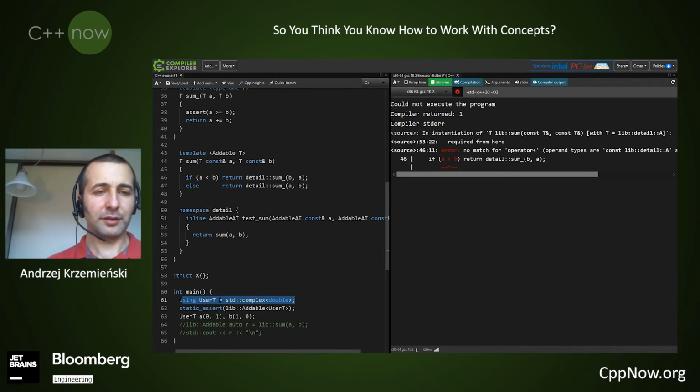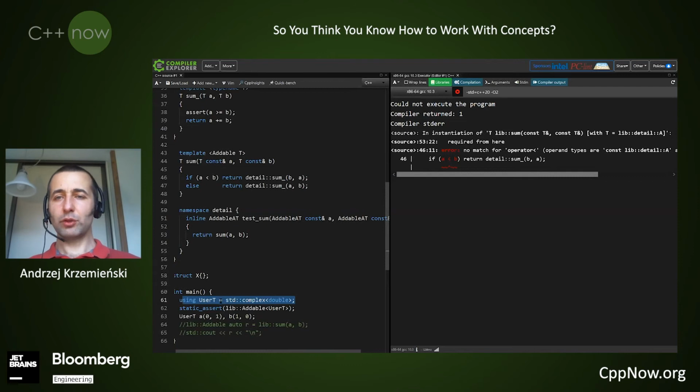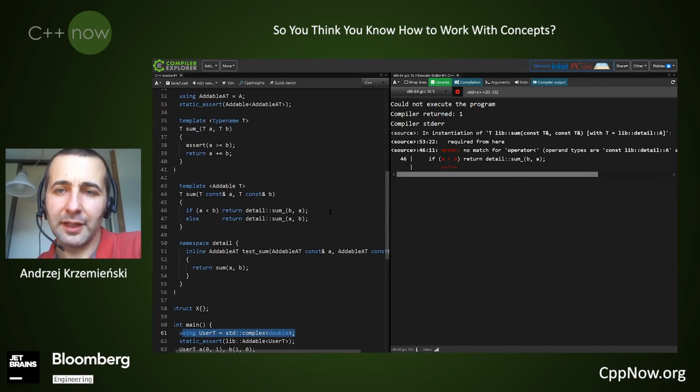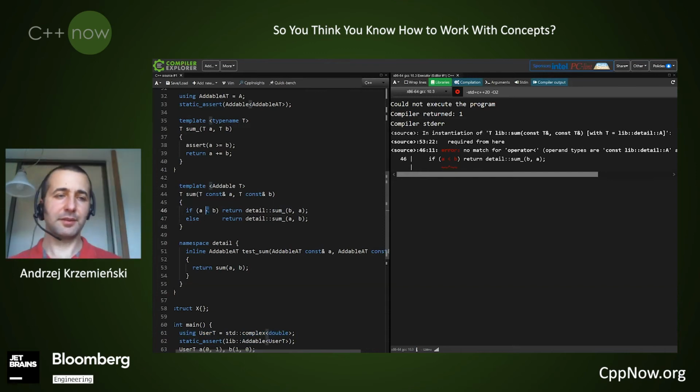And the third option would be to provide two overloads for our function. One that works just for any type, and the other one that works for those types that additionally provide operator less than, and similar.